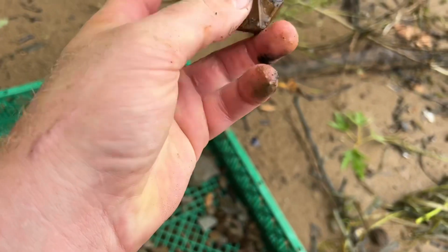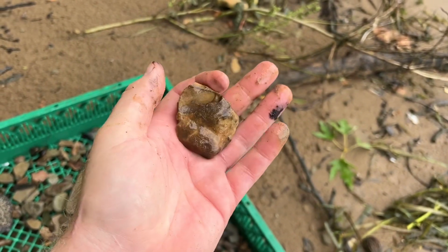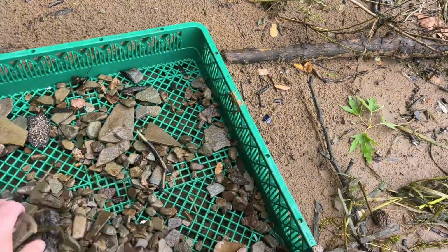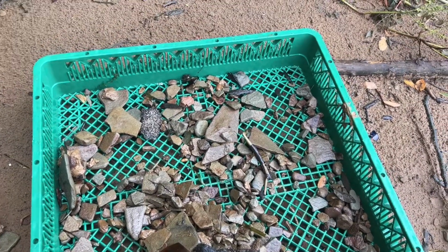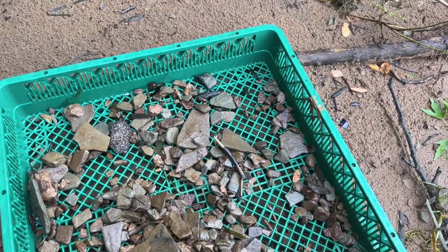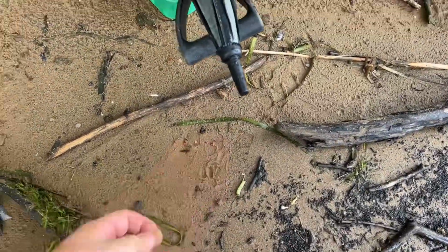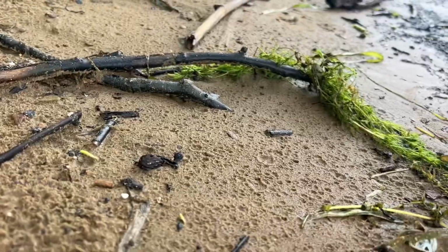Oh, there's a piece of flint that's been worked on. Big old river cobble, probably about half the size of my fist. And not too much else in here, just a bunch of sandstone. So we're gonna get turned around pretty soon and start heading back. Like I always said, the action's still pretty good going back because you have different vantage points. Can't see too well that way, but coming this way,